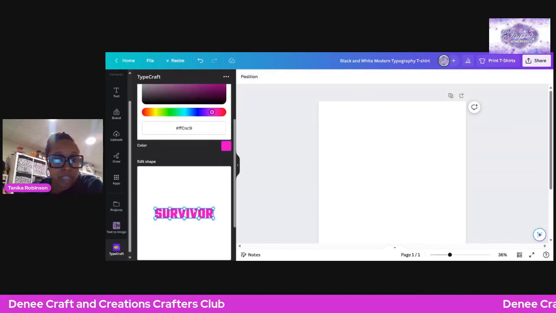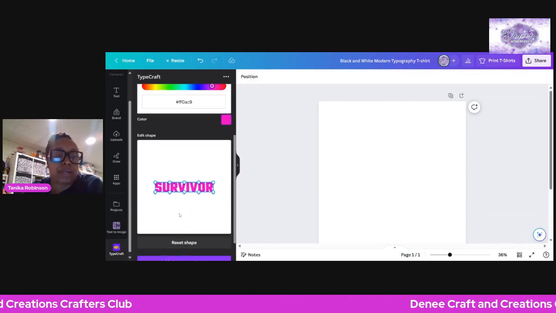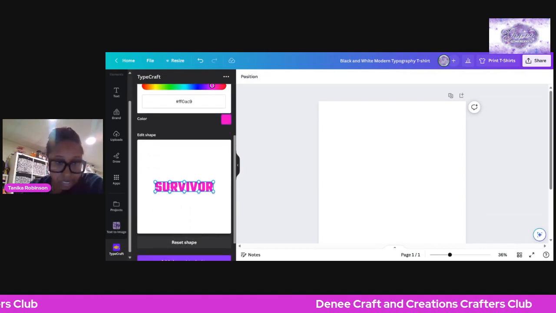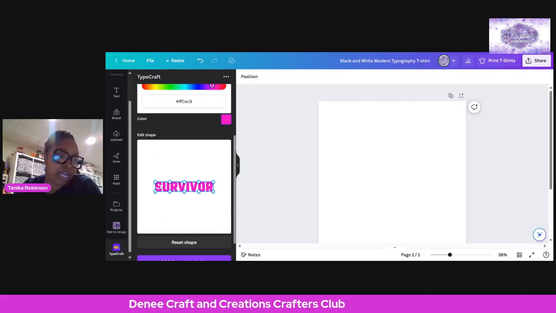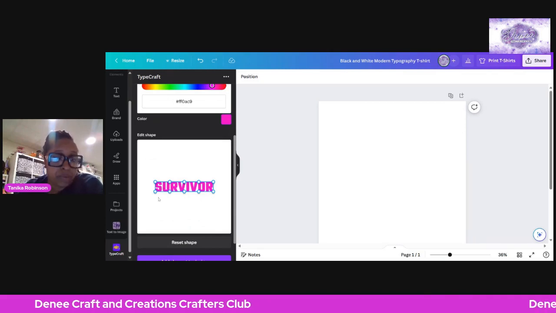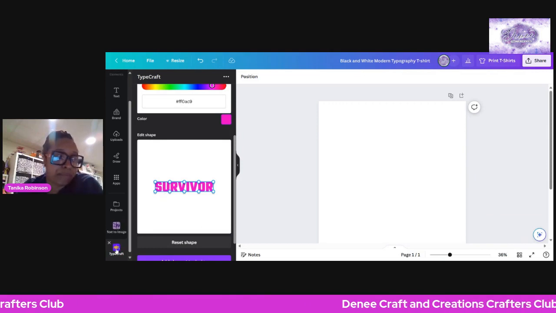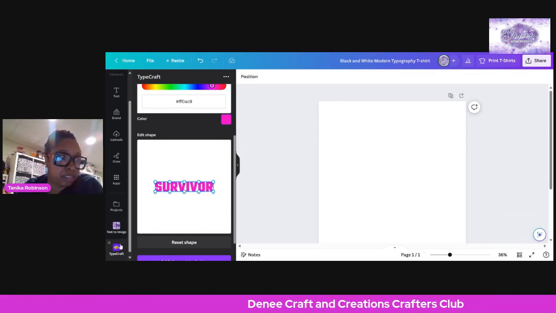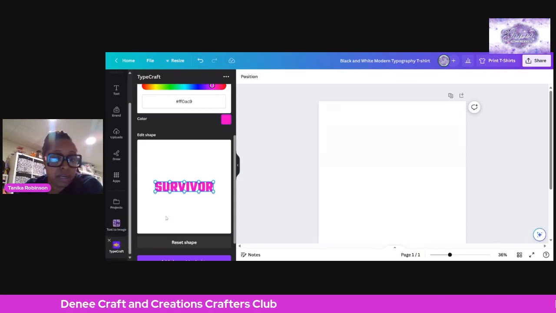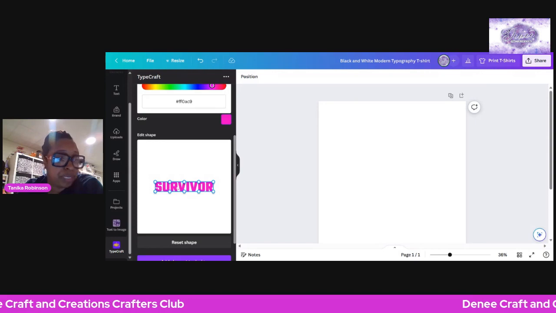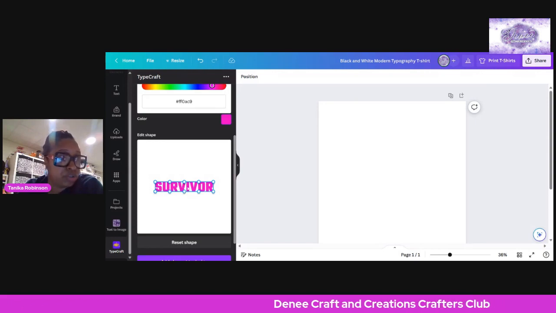now that we have our color, the color changes down here. Typecraft, yes, right here at the lower bottom of my screen under apps. I don't know if y'all can see it. We're going to manipulate this word